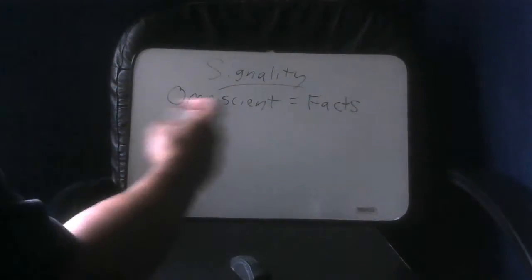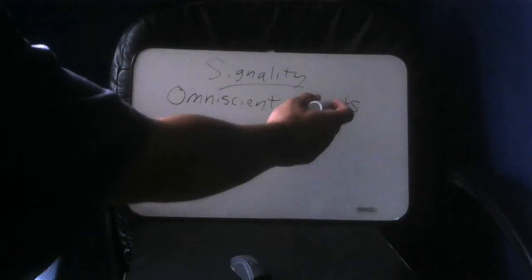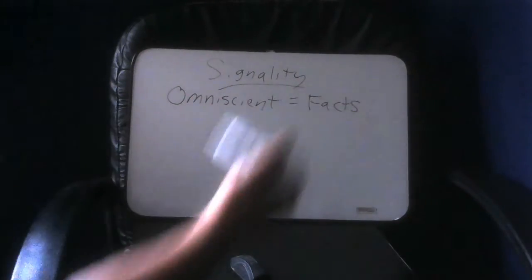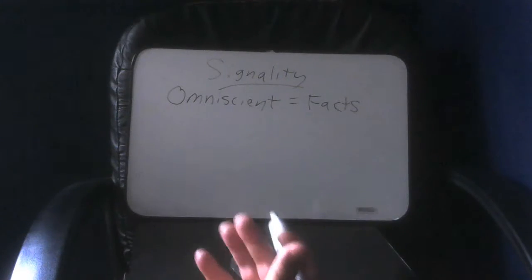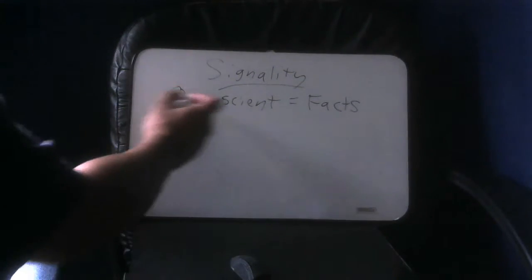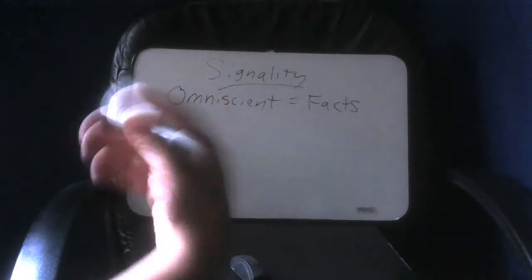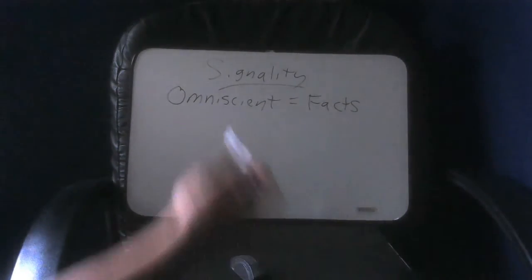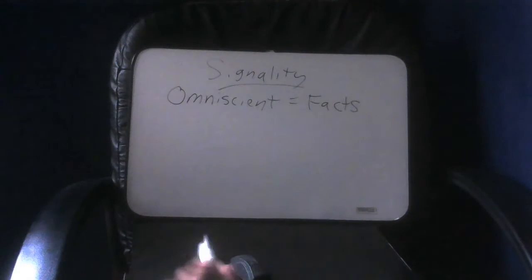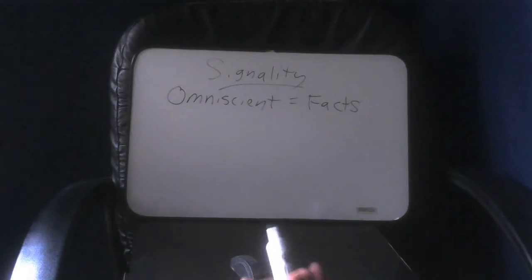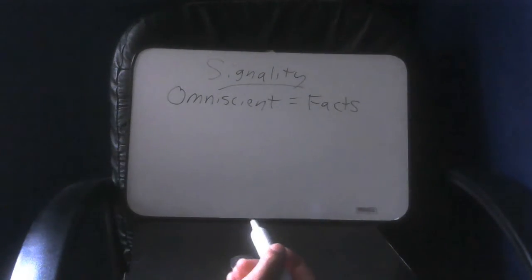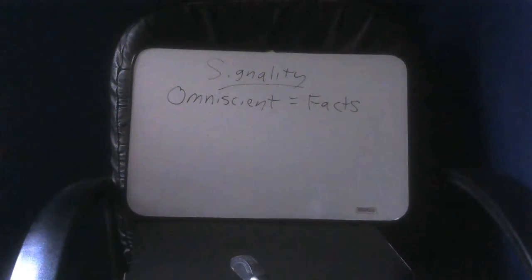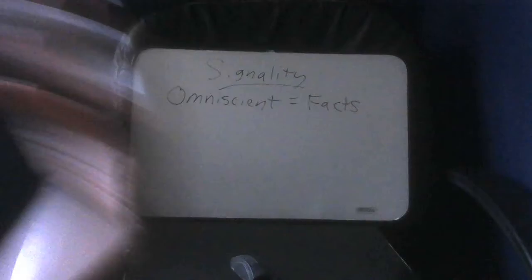And the low priority facts or low priority omniscient discourses aren't really what we're looking for when we're looking for Signality. This life form is trying to communicate the most important information to people. So low priority omniscient discourses are just facts that are like information, such as the distance from the Earth to the Sun is 93 million miles. Okay? Though it sounds like a really important fact, it is not an important fact. So you wouldn't see it in Signality very often. The reason it's not an important fact is because it doesn't enable us to do anything.